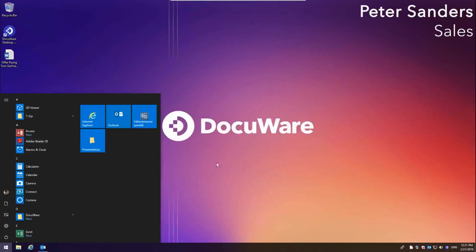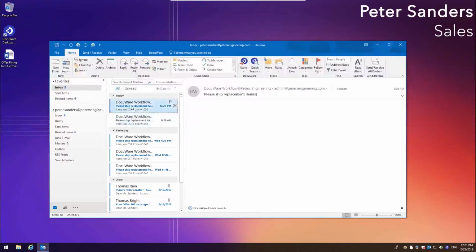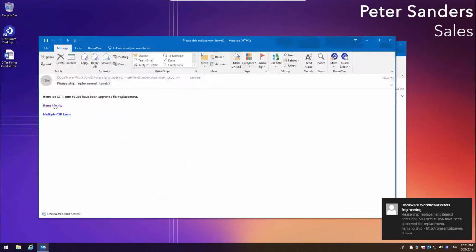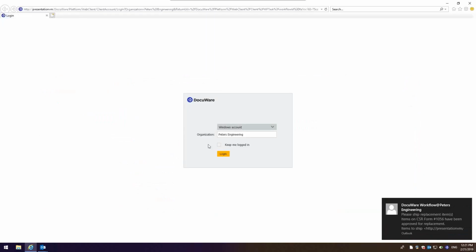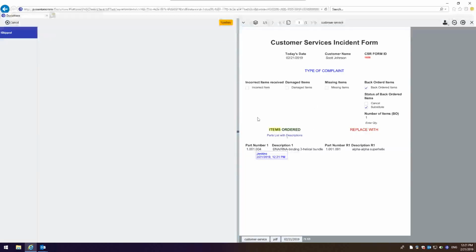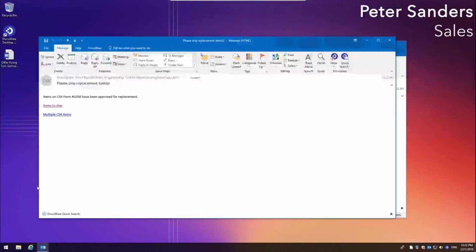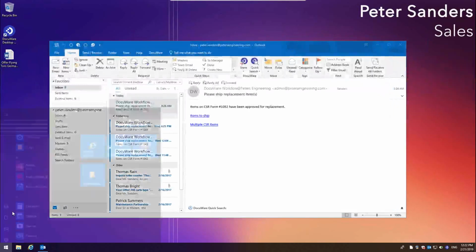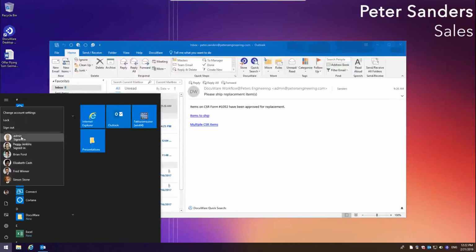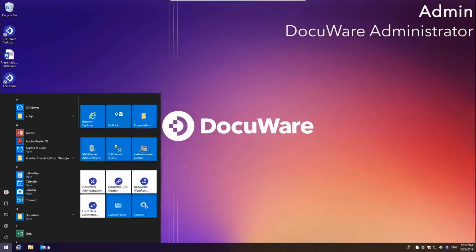Mr. Sanders in our shipping department has received an email notification that there's a new document to ship replacement items. He clicks on the link to look at the document to see what the information is. He goes ahead and ships it and clicks on confirm that the document has been shipped. So now if we go back over to our customer, and take a look at the email,